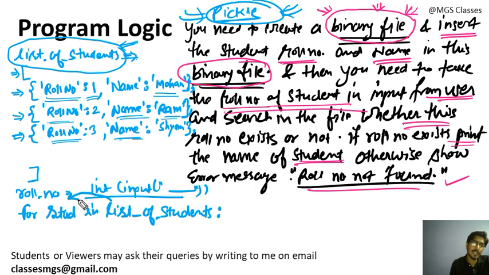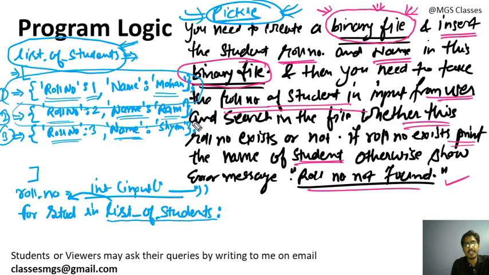If you pass the list object in a for loop like this, then what will happen? First time, the first element of the list is what? This dictionary. Second element of the list is what? This one. This is the first element, this is the second element, this is the third element. So a list is actually what? A list is a collection of objects. So this is one object, this is another object, and this is the second object. So the first time the list of students is iterated, the student variable will have this dictionary.